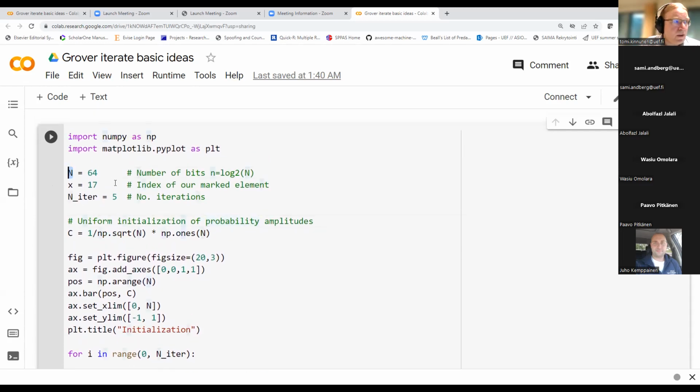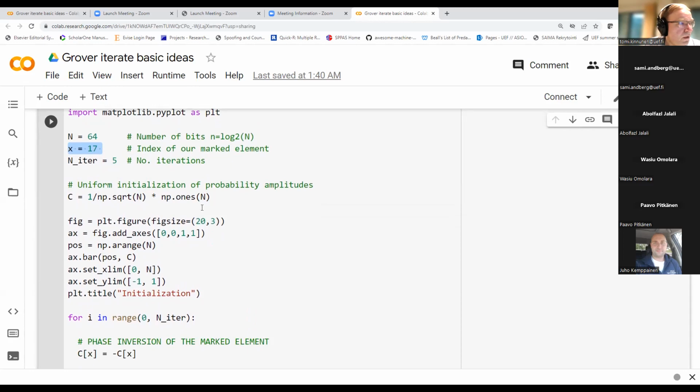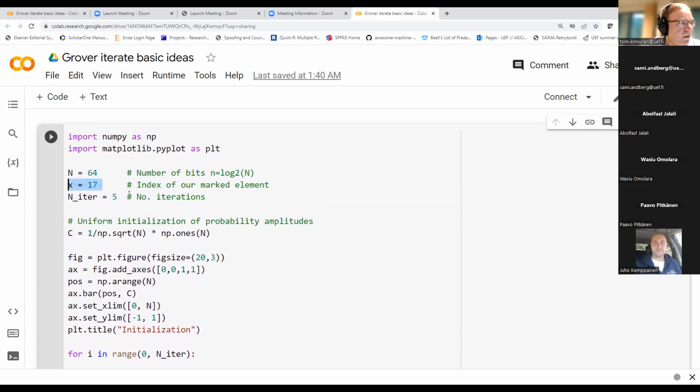So this is my table size. And now let's say I'm the oracle, and I tell you that the item we are looking for is located at number 17. In reality, we don't know this, but as said, we just want to get convinced that the 2 iterations that we showed are doing what they are supposed to do. Let's see what this code does, and on your end, feel free to simply run the code by clicking that button. So let's see if this works.